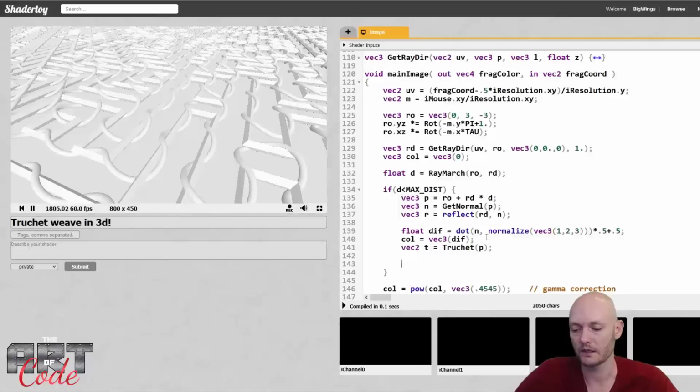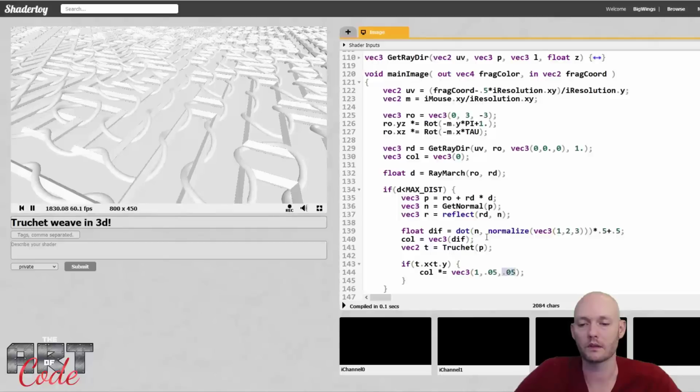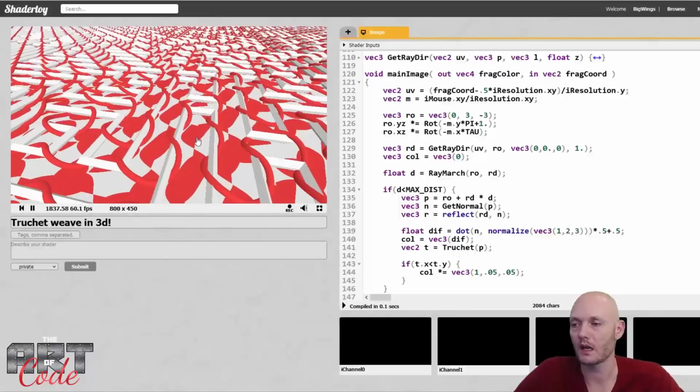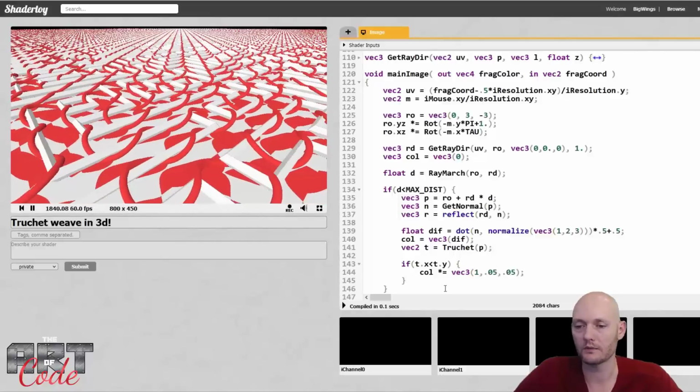squiggles. And so what I could do now here is I could say if t dot x is smaller than t dot y, then I know that I hit the squiggle and not the fence, let's say. So I could color it a different way. So I could do color times equals, let's say 1, 0.05, 0.05. You never want some color channel to be set to 0. It's always good to have something small. Okay, yeah, so that's going to screw up with the ground, but for the ground we can do something else,